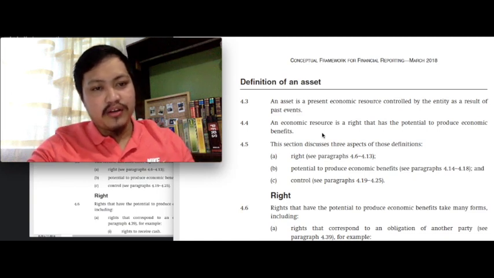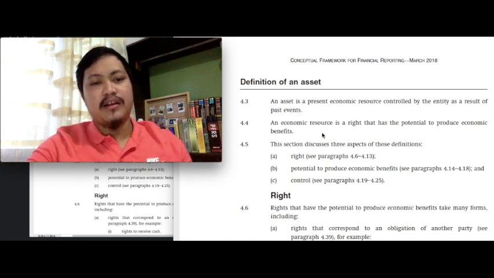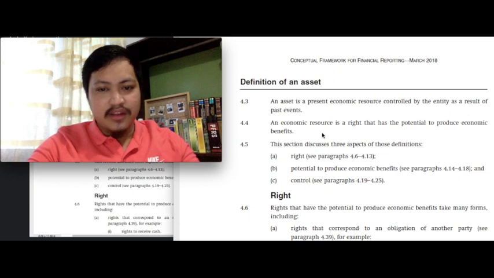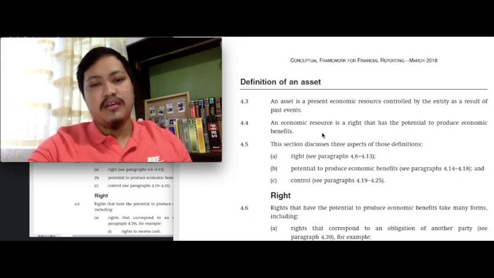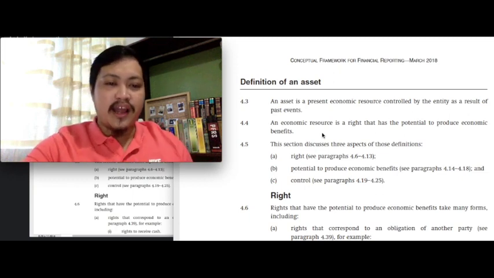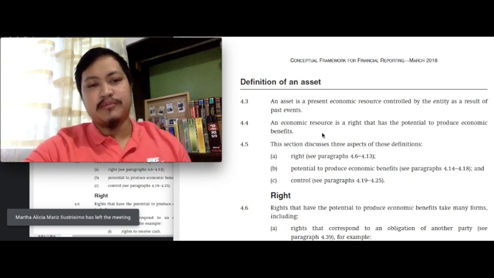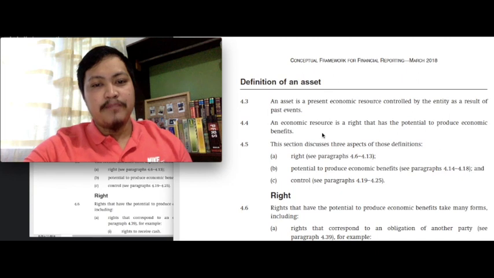Okay, the framework again is of very little practical use to us, unless you ultimately become members of the International Accounting Standards Board, class, then we can simply gloss over the framework. So I understand that you feel the need that there's so much you have to understand from chapter 6 of the framework. Okay, but I also want you to understand that